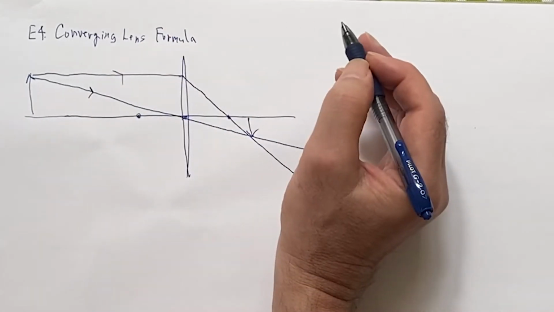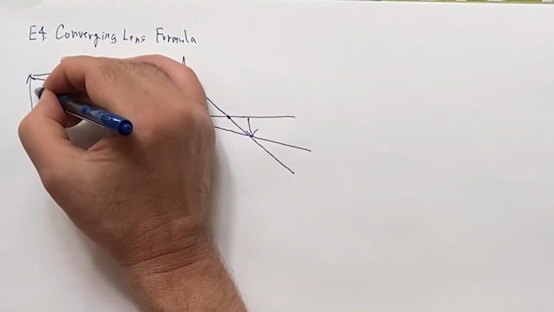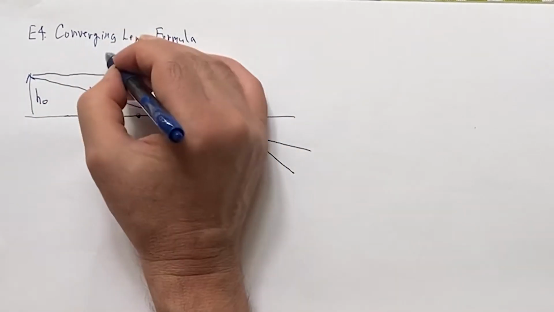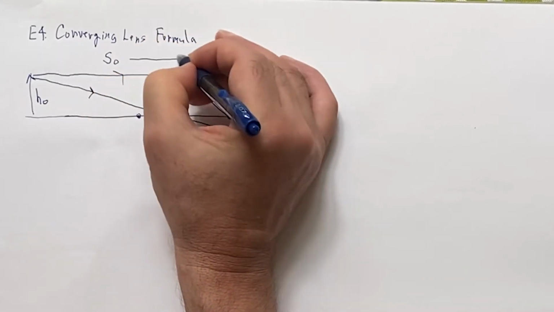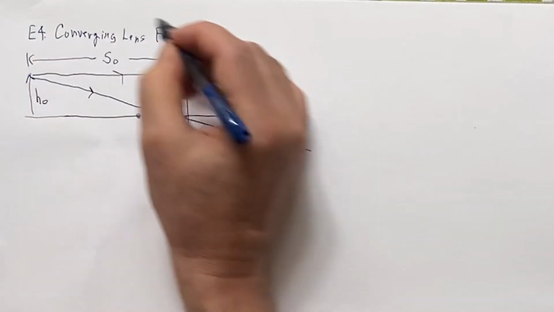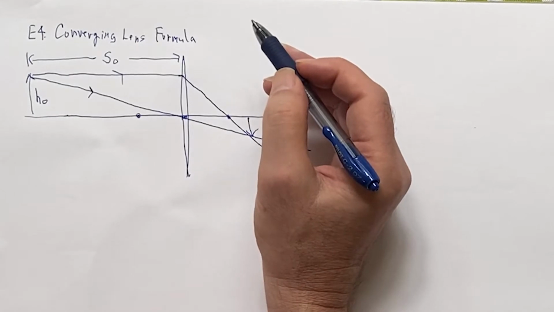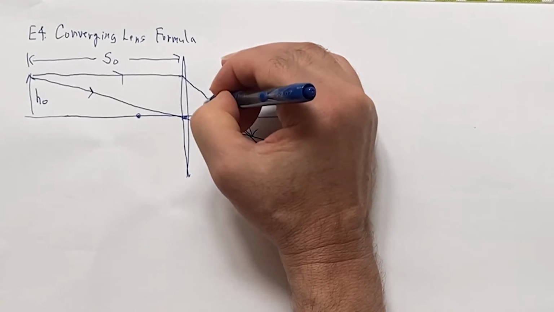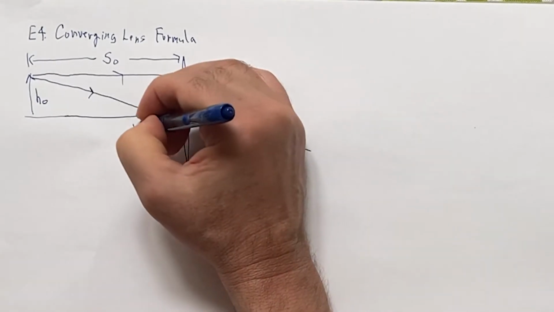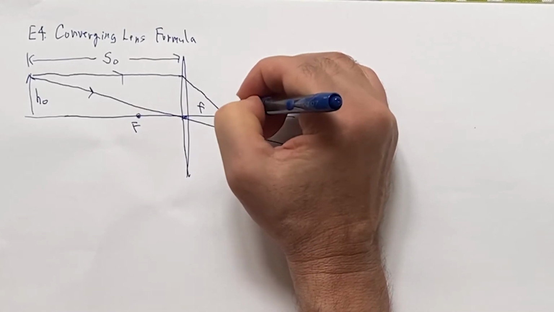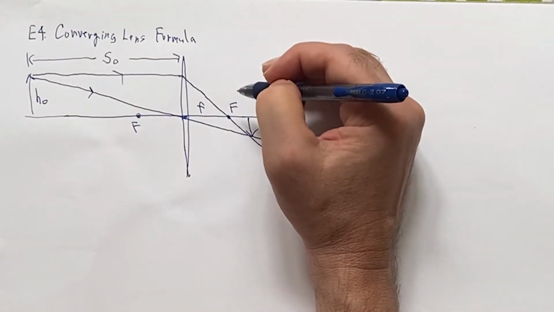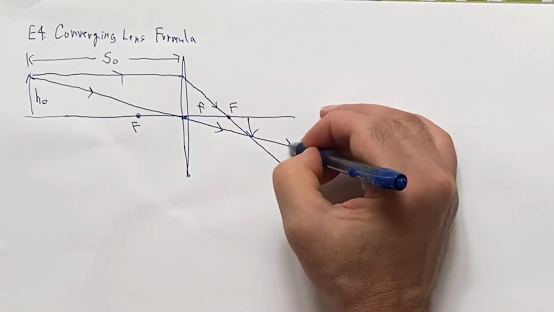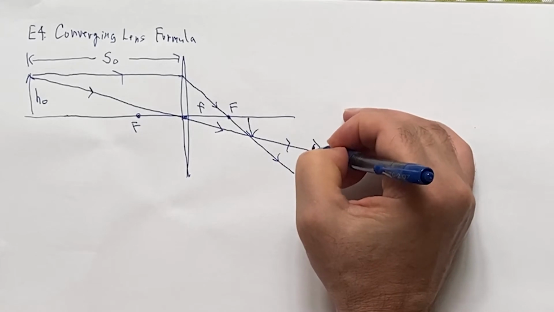So if you look at this, you got your object. This is the height of the object, H-O, and we'll look at your distance, the same kind of terms that we use for the mirror, S. And here, the f is this focal length, the little f. The capital F's are like they do in math, like a point, and the little f is like a distance there. So the light's going to go this way, like that, go through there, continue, so that some observers here,